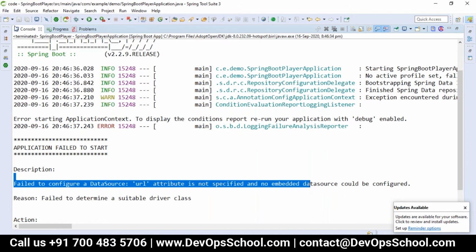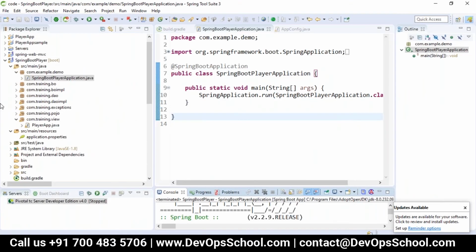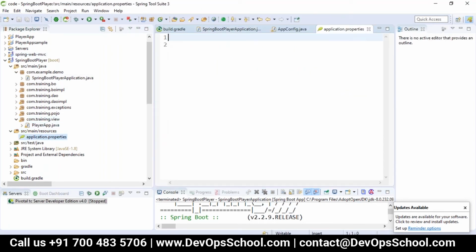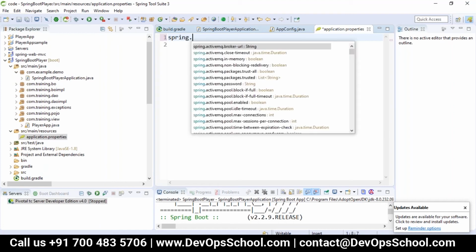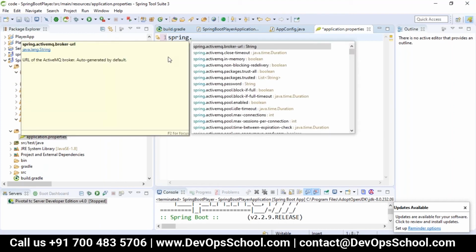So depending on what starters you have used, it will look into the configuration. But where can these properties be configured? All these properties we can configure in one place, which is application.properties in the resources. This is the default location for the configuration. Spring has a number of application properties, like the link I shared with you yesterday, containing the properties for a Spring Boot application.